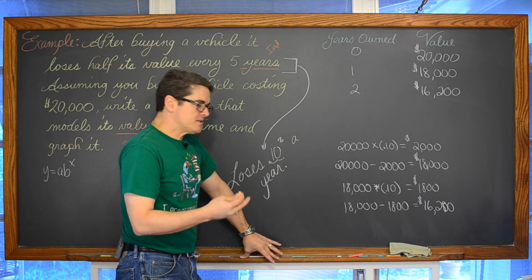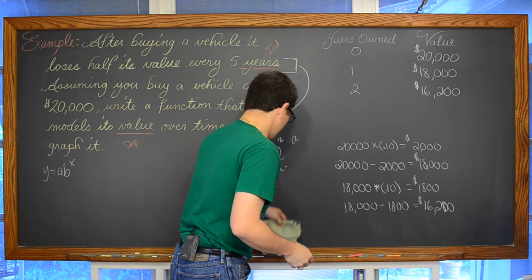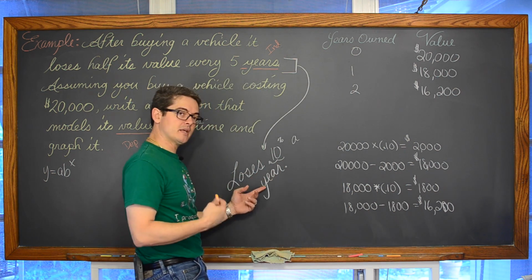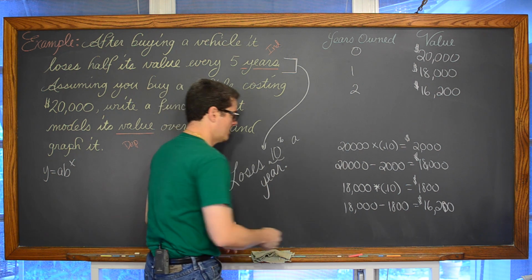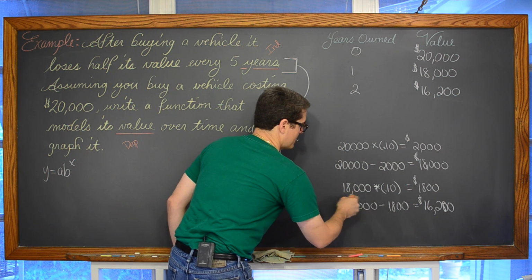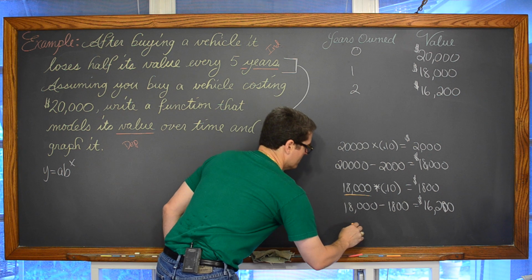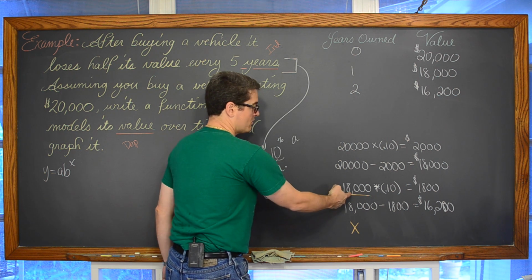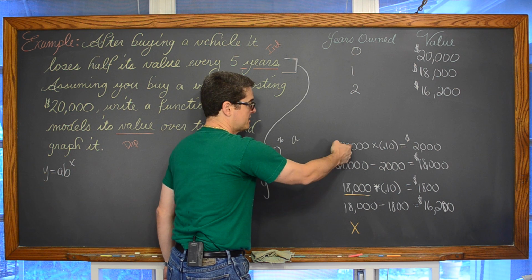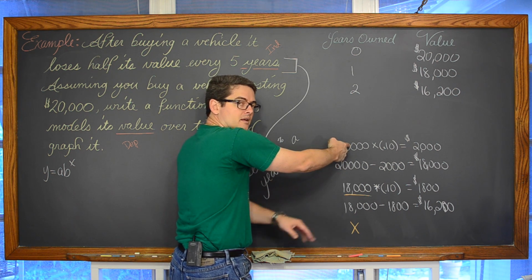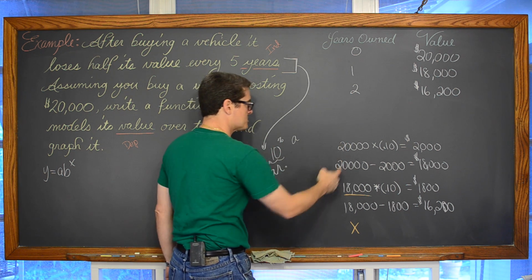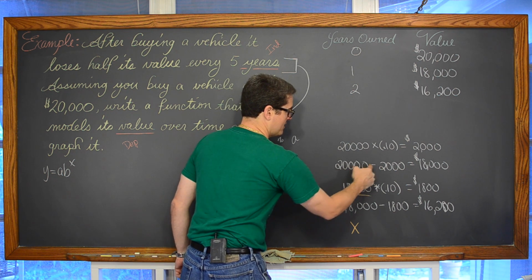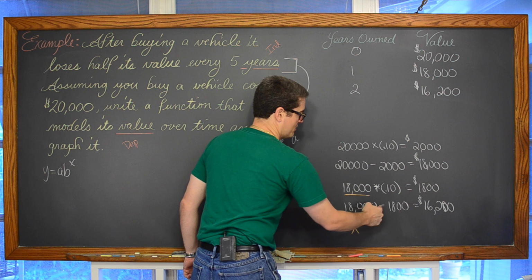So if we identify that as a general formula, when you want to lose 10% or calculate a 10% discount, there's some original value, which we're going to call x, because here the original value was 18,000, and here the original value, for calculating the next year's value, was 20,000. So there's some variable initial value, and then we took that value and subtracted 2,000. We took that same value and subtracted 1,800.